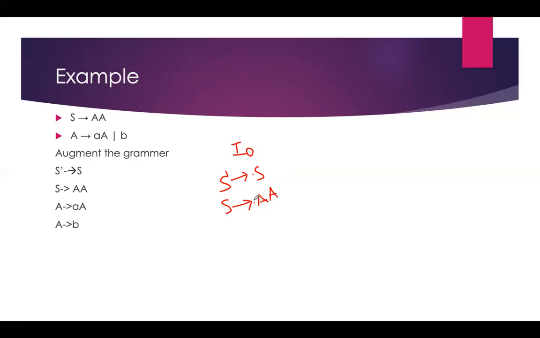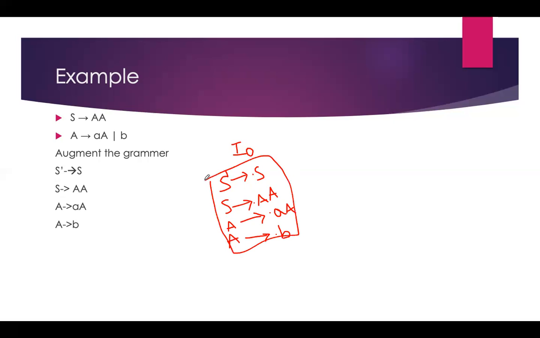After the dot, again a capital letter, so it is also a non-terminal. The rules of A we also need to include. What are the rules of A? These are the two rules of A, so we need to include this. So A tends to dot A, I included here. The A production rules I am including here, two rules are there for A: A tends to dot A, and A tends to dot B. Okay, A tends to dot B also I included.